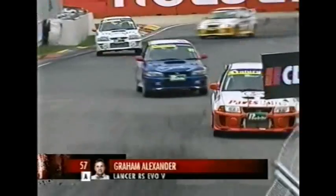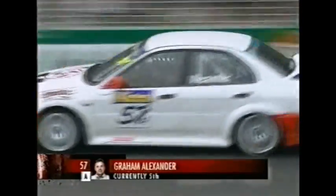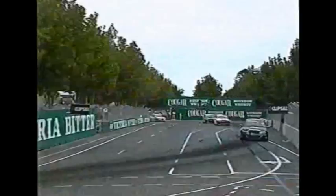Alexander goes through. Looking for a run down the inside there, but Alexander covered it. Alexander, a wrecker from Geelong. Gary Dean comes from Brisbane, runs a very successful...